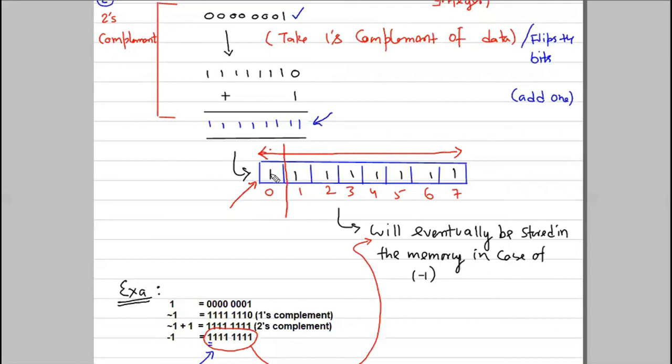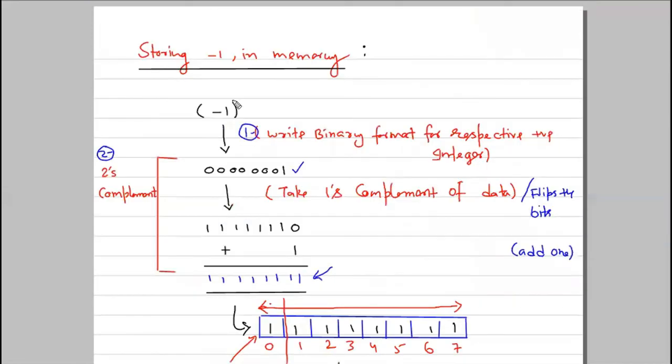In case it is 0, it will behave the same as your unsigned data type, except the data bits would be 7 bits. In case of an unsigned integer, the data bits would be 8 bits. So in case it is 1, then it will know that this is not the actual data, this is the 2's complement of the actual data. So if I want to know the actual data, you need to get the 2's complement of that, then it will give you 1. So you would consider this is -1 because it has started from 1.